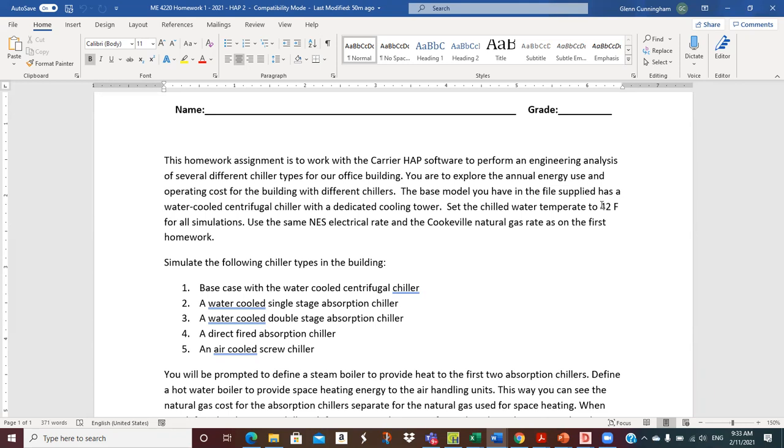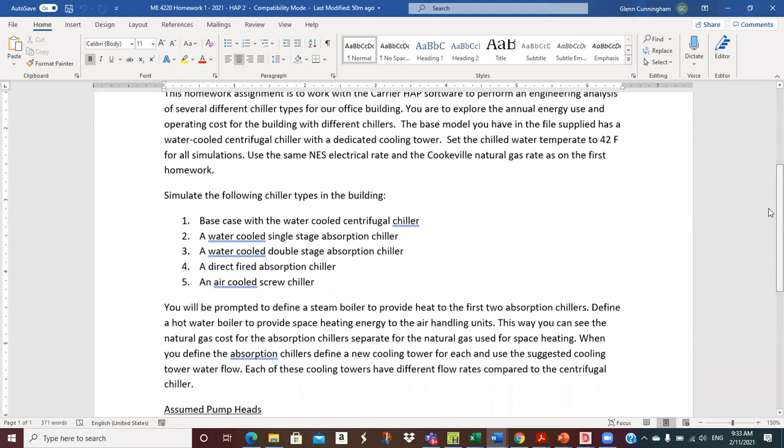So all 3 of the absorption will need to have cooling towers defined for them if they're not already in there. And then of course the air-cooled screw, air-cooled implies that you don't need a cooling tower for that one. So it dumps its heat directly to the air. Okay,